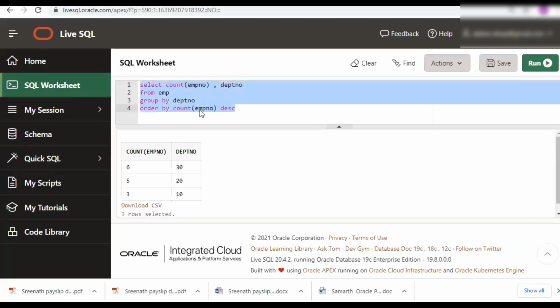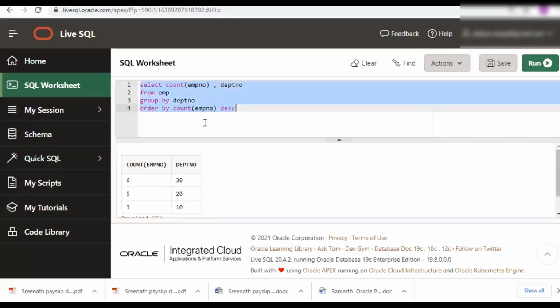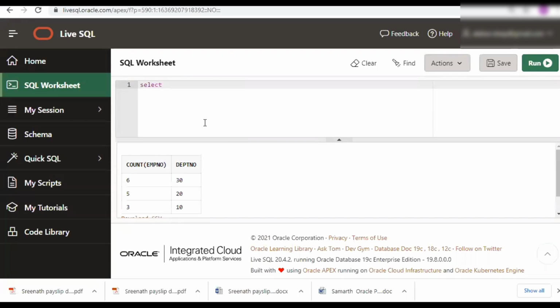Let's do that on another column. You wanted to find the sum of the salaries of each department. Listen to the statement: each department. I'm just saying sum of the salary of each department. What does your group by have to be? Department number, because I'm asking for each department. That means you need to segregate the data on a particular category, that is called department number. I'm saying sum of salary from EMP group by